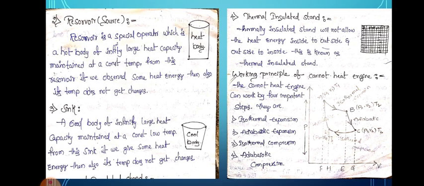So above are these four important parts in the Carnot heat engine. Now next one, the working principle of the Carnot heat engine. Very important one; we can see the diagram. The Carnot heat engine works by four important steps. The first one is the isothermal expansion, and the second one is the adiabatic expansion. The third one is the isothermal compression. The fourth one is the adiabatic compression. Now, the first one is the isothermal expansion.